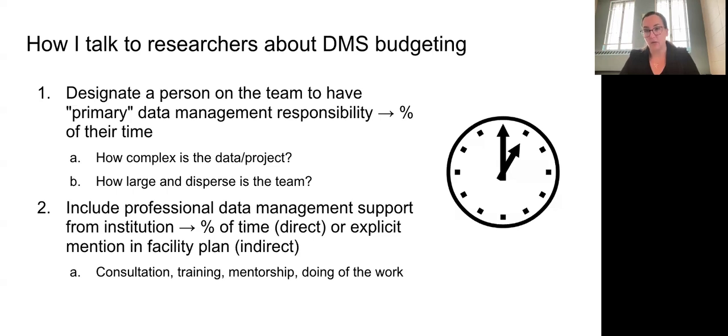Before I get into it, I just want to qualify all of this with the fact that this is specific to my own institution. I'm at the University of Minnesota. And it might differ for all of you, because I'm also not in the library. I am in a collegiate research support center, so I would be one of those institutes and centers in our unit graph. And so the way that some of our funding and budget models work may be different than other places at a university. But I wanted to show you some examples just to see if it was helpful to hear how we're thinking about it.